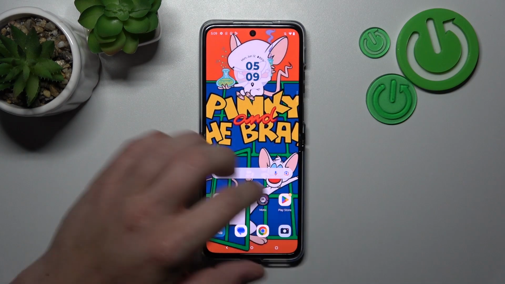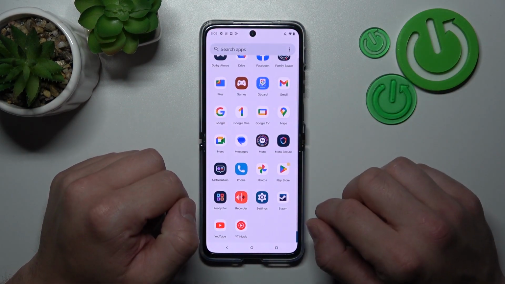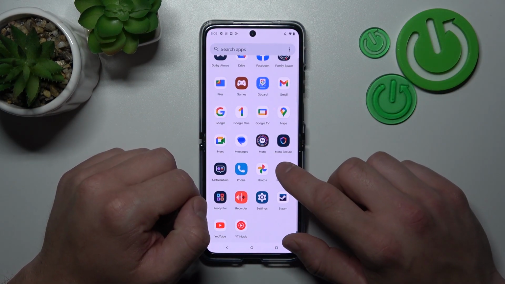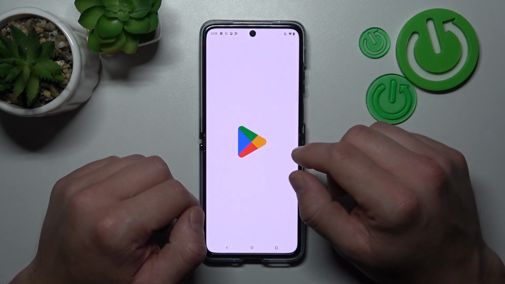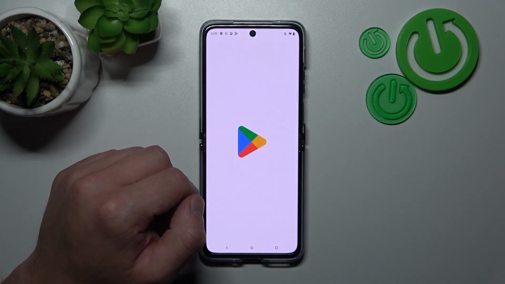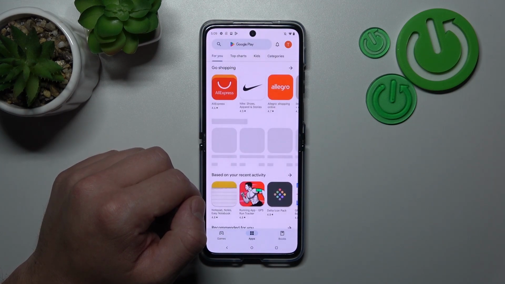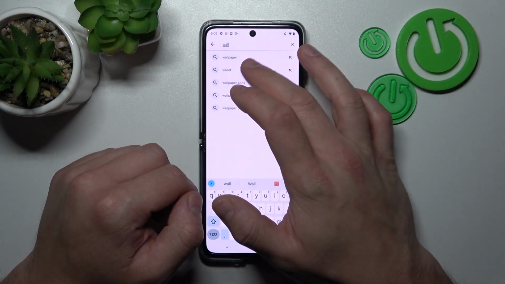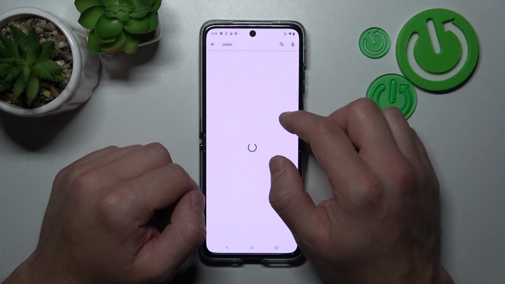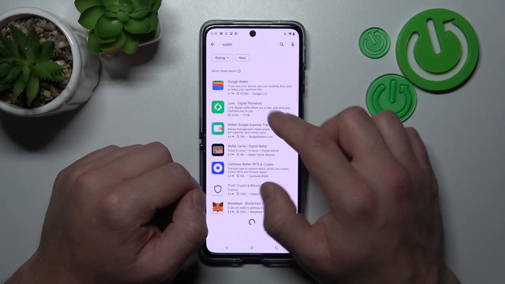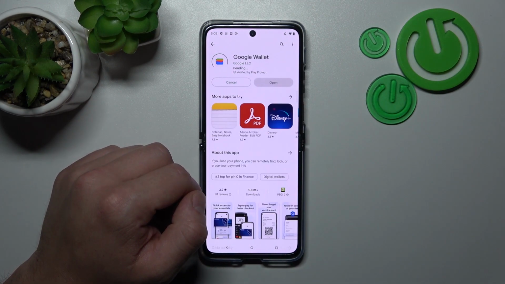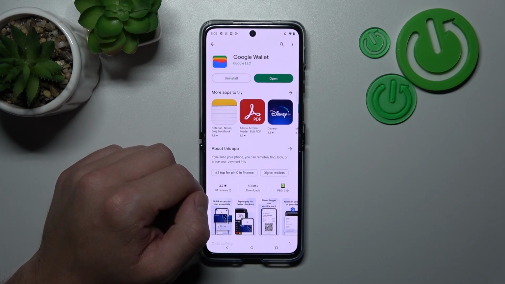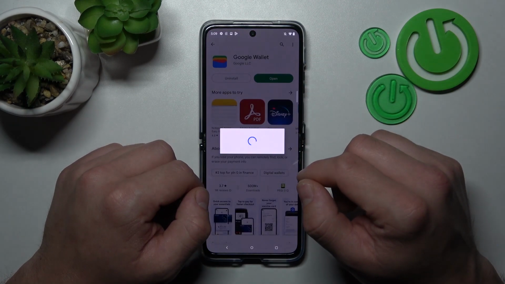In the beginning, let's go to Google Wallet app, and if you don't have it, install it from Play Store. Now open it,